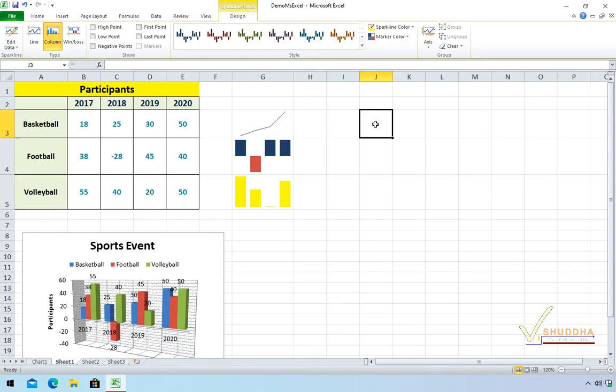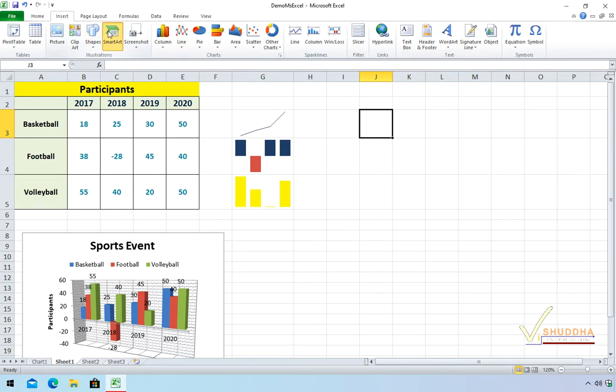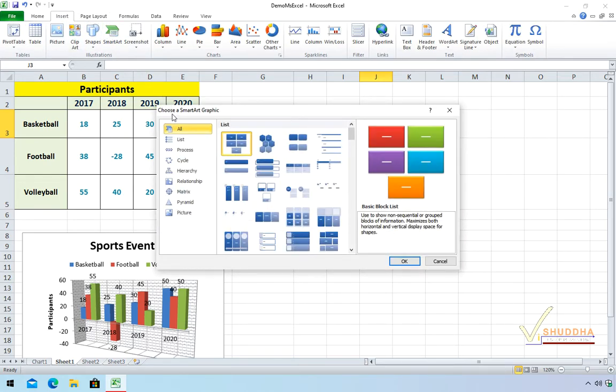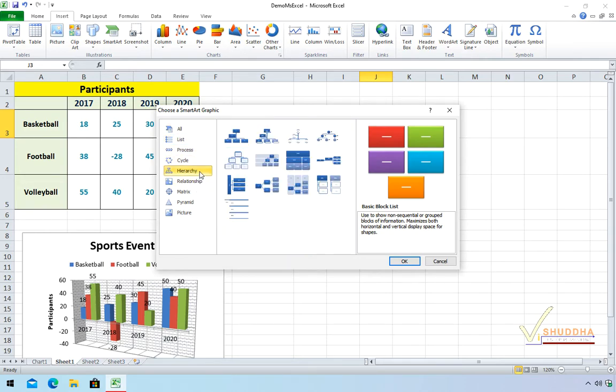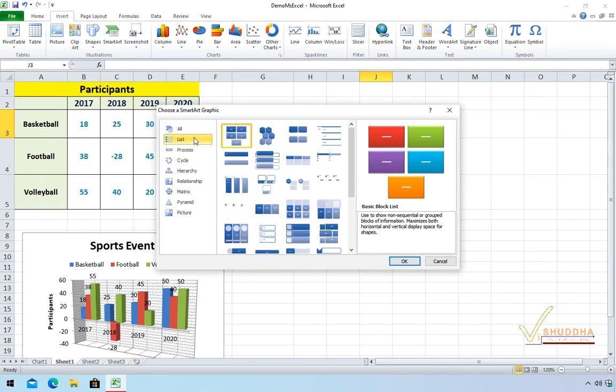So now let's talk about adding a Smart Art chart. For this, we click on Insert and then click on Smart Art. This opens Choose a Smart Art graphic dialog box from where you can choose from the different graphics. Using the different options provided here, you can track the hierarchy of the organization, or you can have the workflow processes listed, or you can have the list of events or activities.